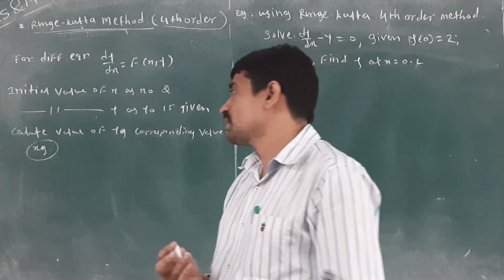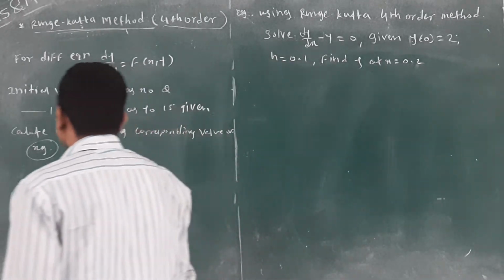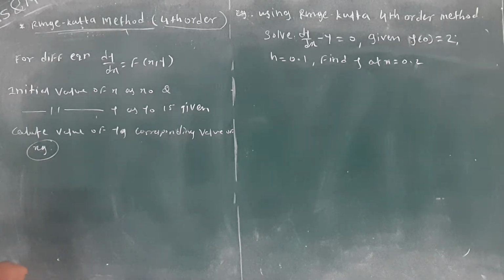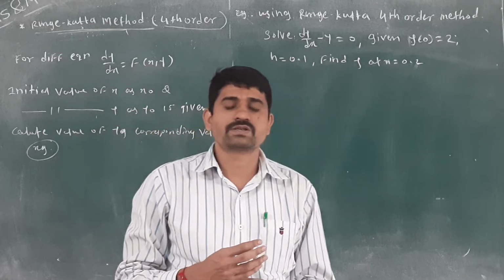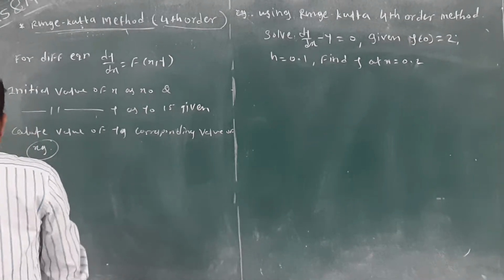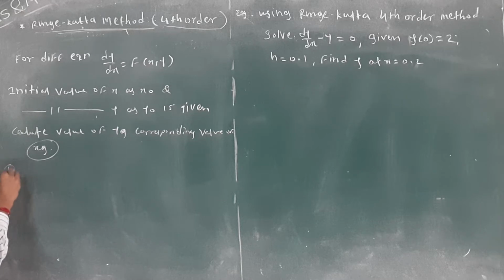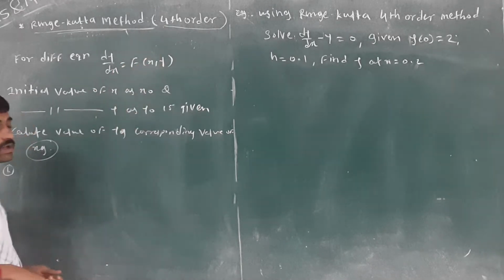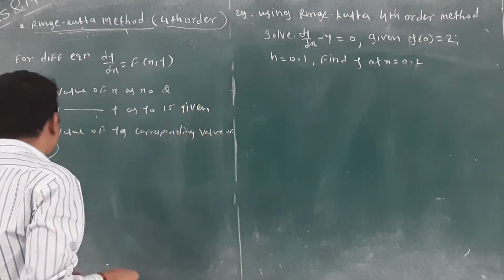Again, you know that we require some formulas to solve the given numerical. First, we require the number of steps. How to calculate the number of steps? N is equal to (xg minus x0) divided by h. With that, you can easily calculate the number of steps. Second, we want to calculate the weights. Here you have been given the fourth order. In second order, we used two weights. Here we want to use four weights.